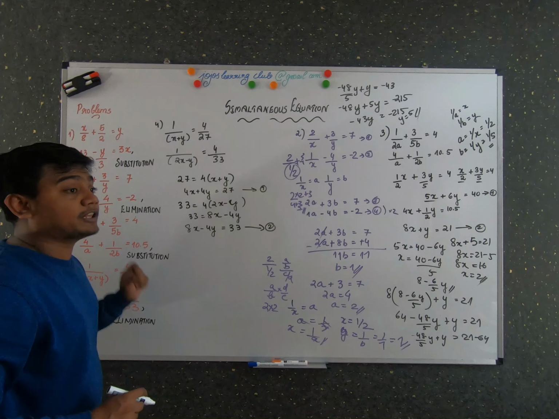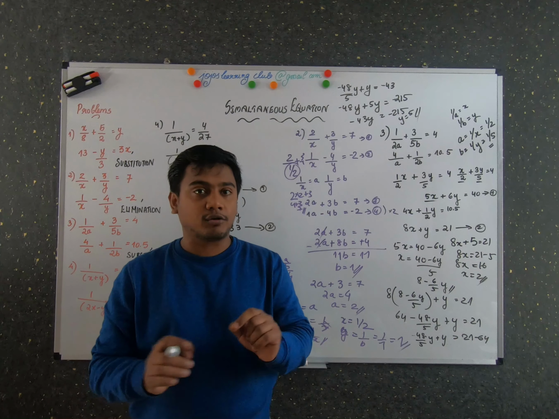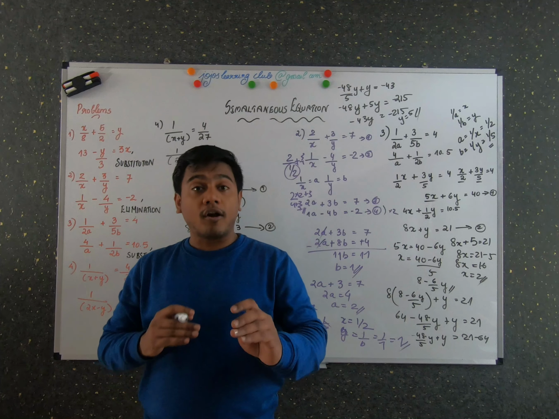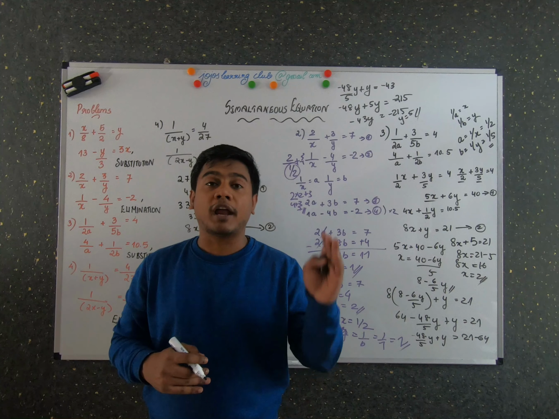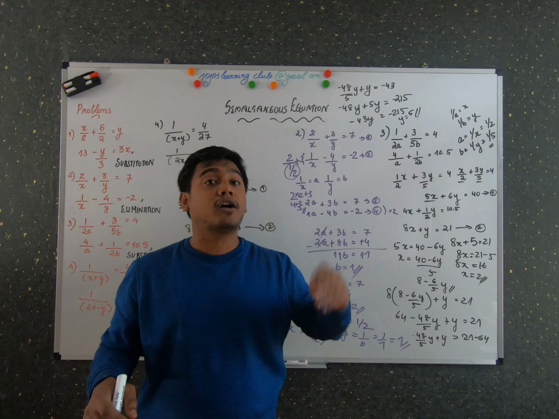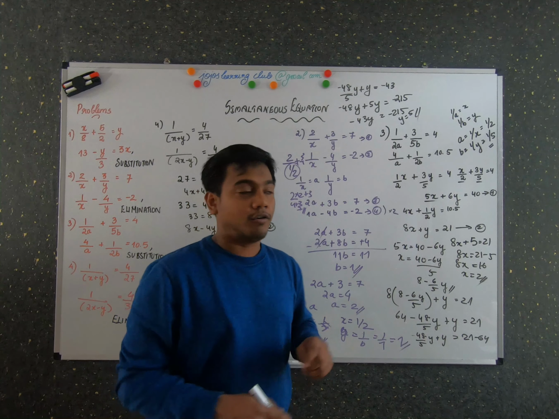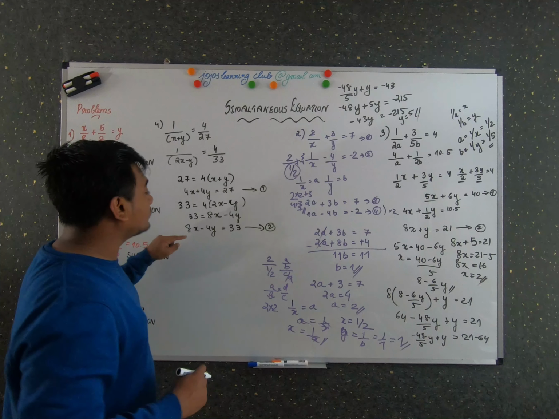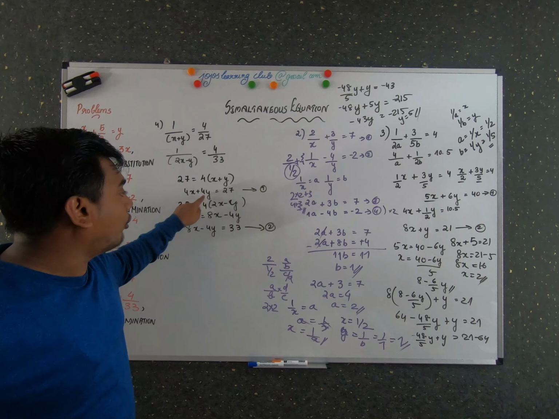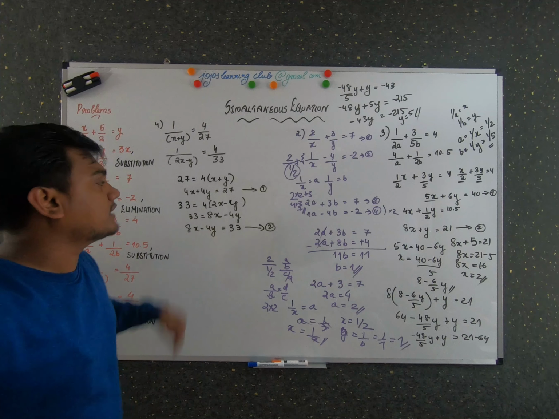In this question it is said to use the elimination method. What is the elimination method? You have to make the coefficients of x or y in these equations the same value by multiplying with some values. Then you can subtract or add the equations so that you get rid of one unknown, and then you can find the other unknown value. Here you can see the coefficient of y is 4 in one and minus 4 in the other. So you just add the equations, equation 1 plus 2.